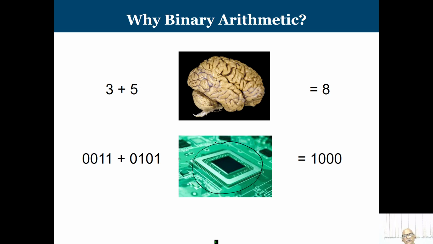When I give this as input, we design the circuit in such a way that we get the output 1 0 0 0, which is the binary representation of 8. So we only represent 2 pieces of information, either voltage high or voltage low, and this can always be mapped to the binary number system with symbol 0 and symbol 1. That is why we need binary arithmetic when we discuss digital systems, or processor and computer design.